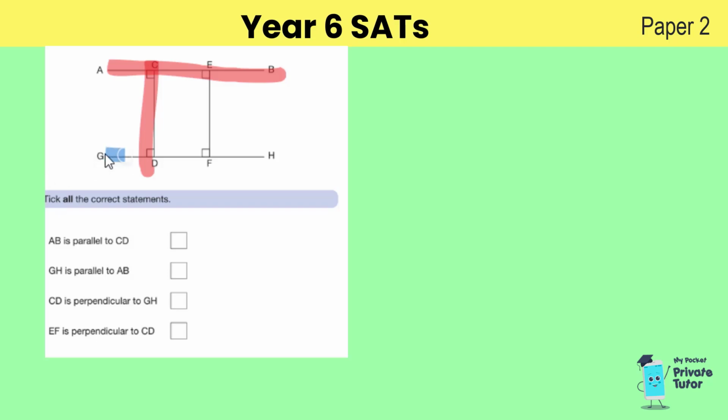So GH is parallel to AB. We can see those are parallel, so we can tick that that is correct. CD, which is this, is perpendicular to GH. Perpendicular means at a right angle. CD is perpendicular to GH. We can tick that. And EF